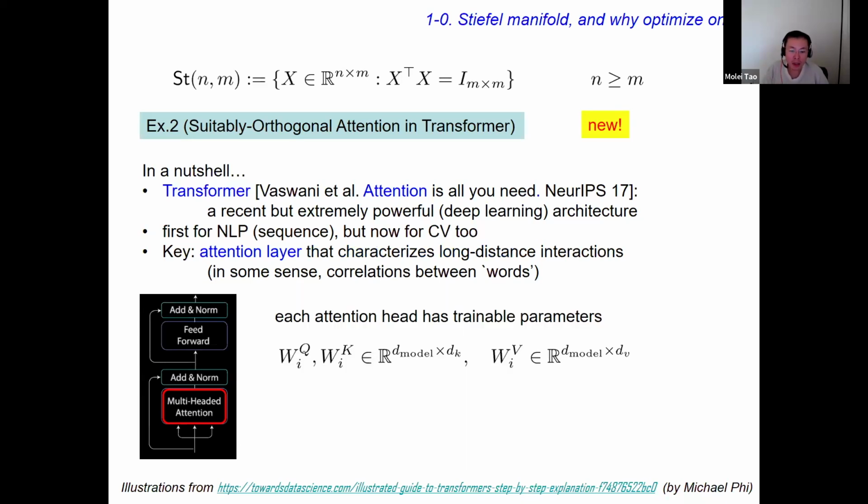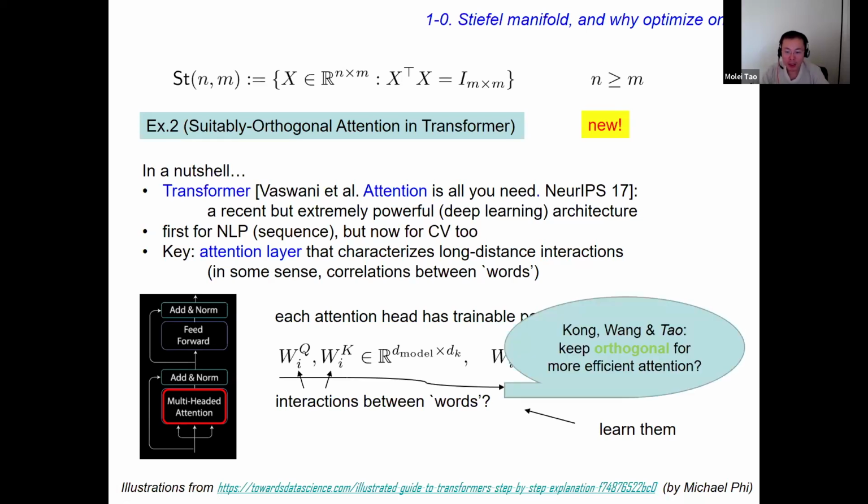And how do you get those correlations? You don't actually get that a priori, you learn that from your training data. Each attention head has trainable parameters, which are those weight matrices. Very roughly speaking, the weight matrices correspond to ways in which words interact with each other. And notably, there is no unique way in which words interact. There can be multiple correlations, and these are, again, learned.